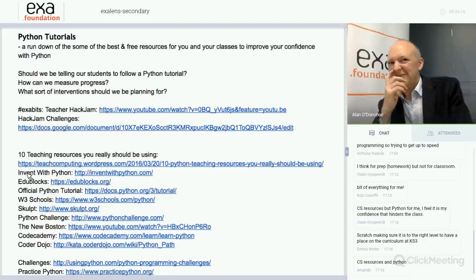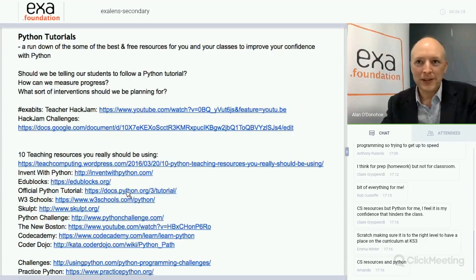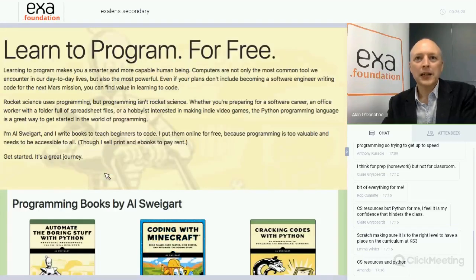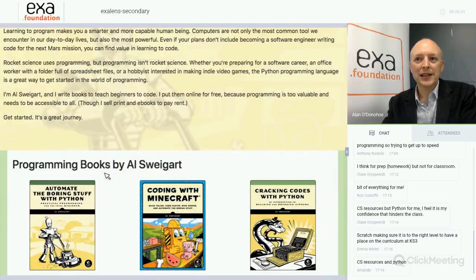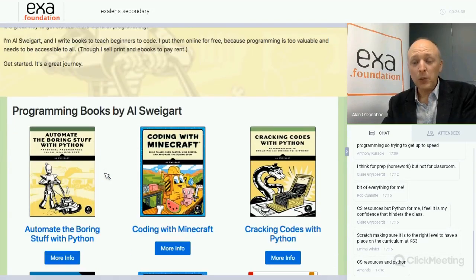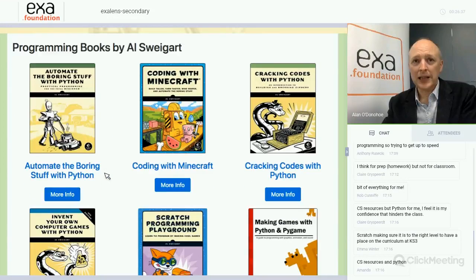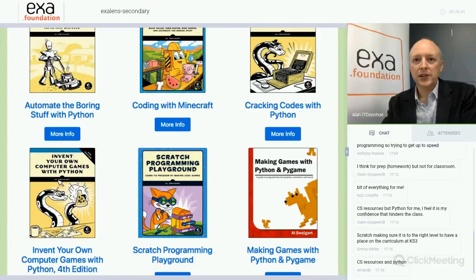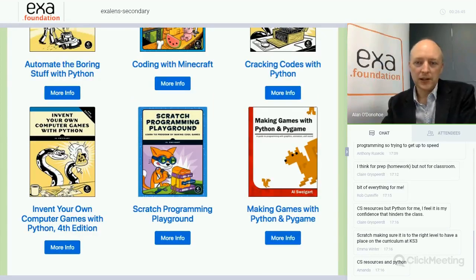Now, lots of people, when they're asked to recommend their favorite Python book or the first book that they learned Python from, they tend to recommend the first one, and that's what I'm going to do. So the gentleman over on the other side of the Atlantic called Al Sweigart, and lots of things that I think Al has done that are great. He wrote a book called Invent Your Own Computer Games with Python. And I've put a link to this in the document.